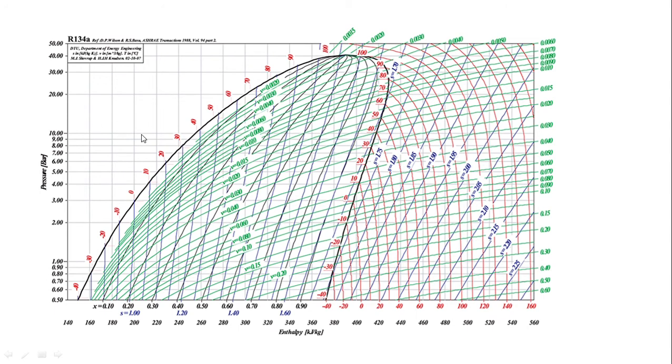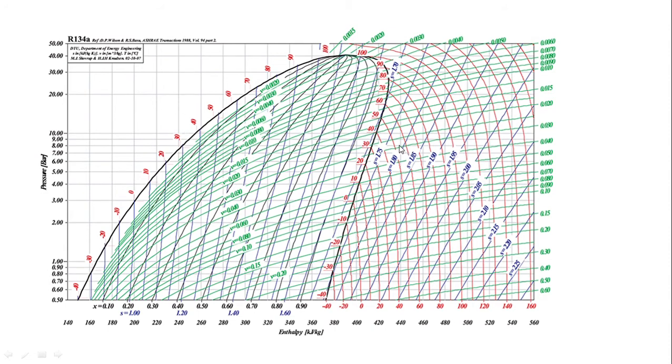On this side you will have the liquid phase, on this side you will have the vapor phase, and in between you will have the mixture of liquid and vapor. So during that phase change the temperature and pressure lines are same. So if you consider the 0 degree centigrade line, then that is coming like this. It is going with 3 bar pressure up to this point and then it goes up. So after that it becomes vertical.